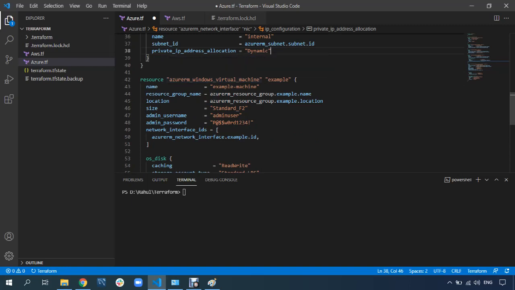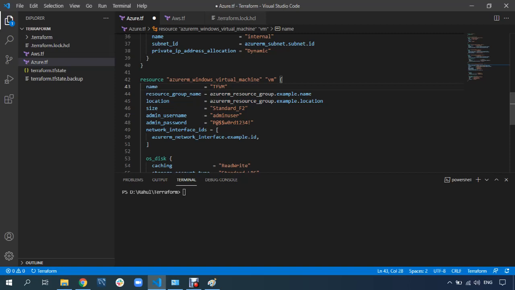The next resource which we are going to create is virtual machine. So here the virtual machine local name is example. I'll change it as VM. Be very careful while you are changing the local name, because you have to refer to the same name in all of the resources wherever you are creating this. So the name of this virtual machine is example virtual machine. I'll give it as VM or maybe Terraform VM, TF VM. So I think this is fine.